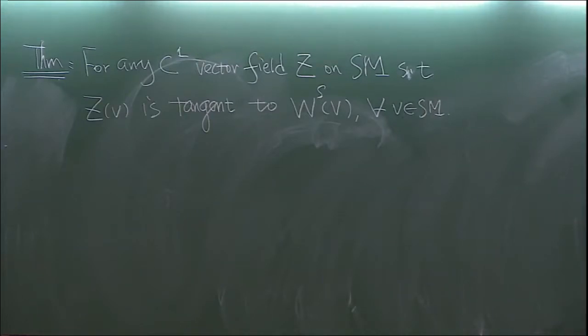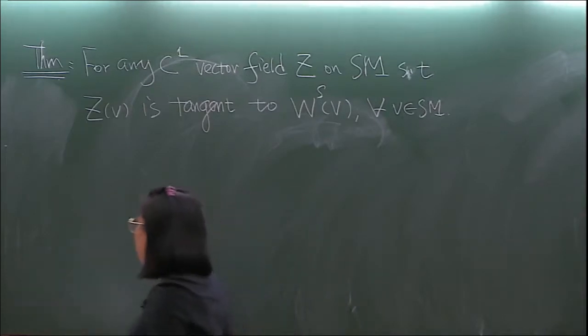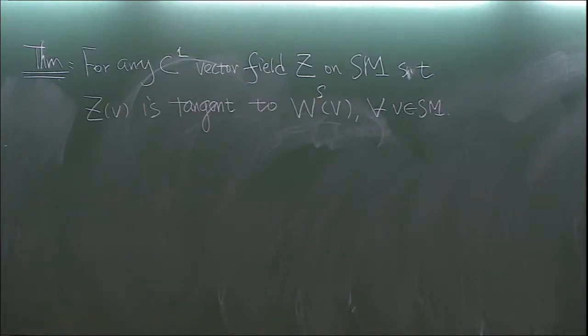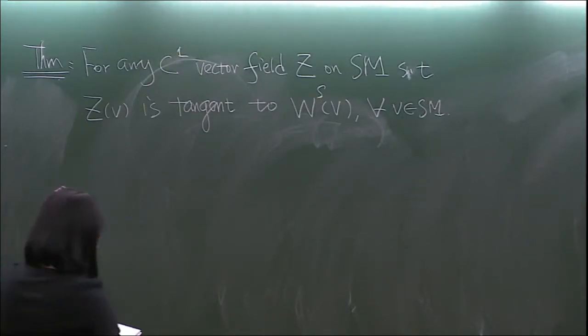This is your vector field at each point which is tangent to the stable foliation, as a stable leaf, okay, and then